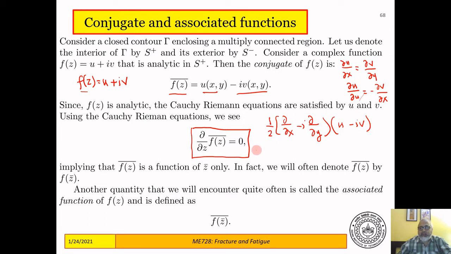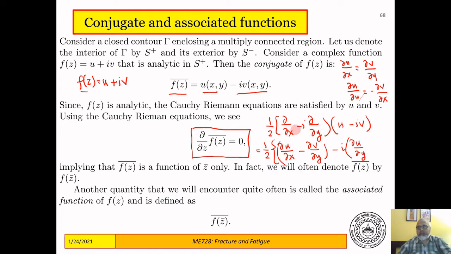If we do that, then this is what we will get: 1/2 ∂u/∂x. Let's take the real parts first. This will give a real part, so you'll have minus ∂v/∂y. This will be the real part, and the imaginary part will be i times ∂u/∂y